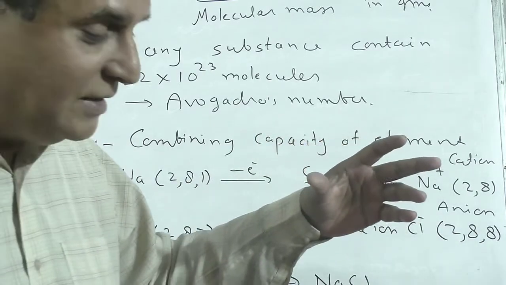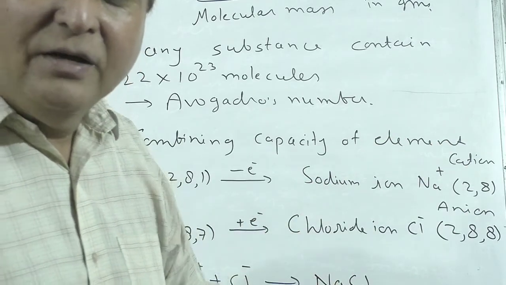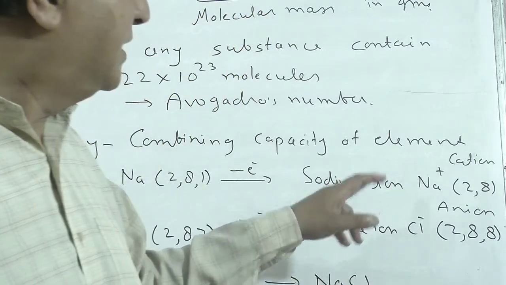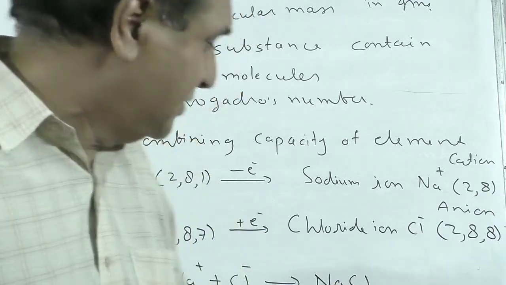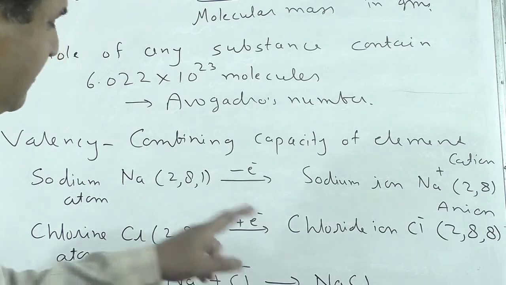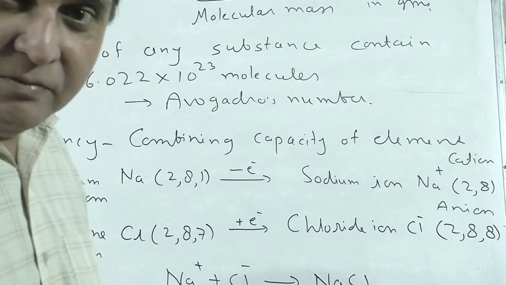Now plus and minus have strong electrostatic attraction, stick to one another, forming an ionic bond. Getting it? Sodium is a metal, chlorine is a non-metal. A bond between a metal and a non-metal is an ionic bond. So Na+ and Cl- gives NaCl. This is the formation of sodium chloride. Very important question.